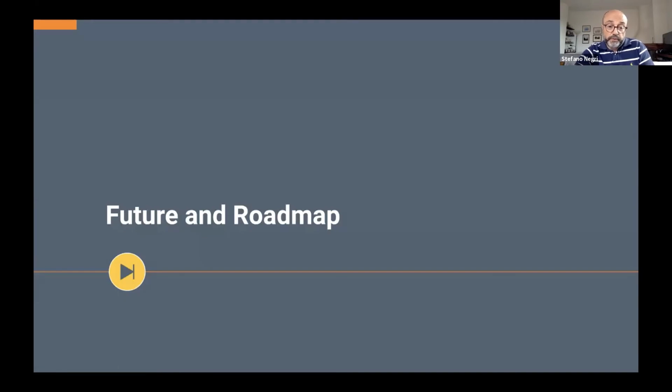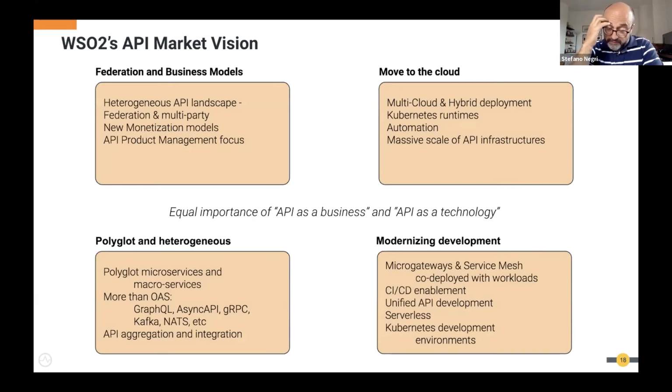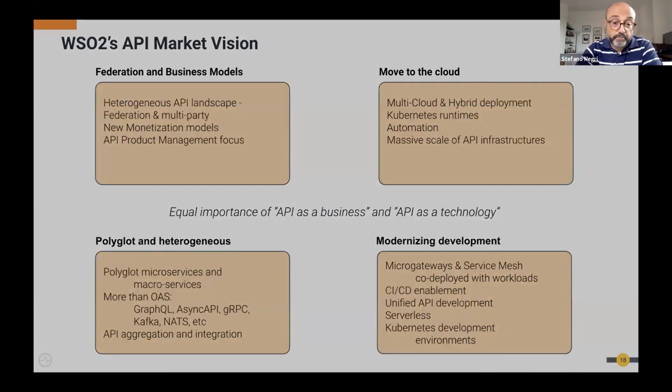What about the future? I intentionally left this slide as a hook to what Paul said. We are starting from this market vision presented by Paul, which is our polar star for the next releases.